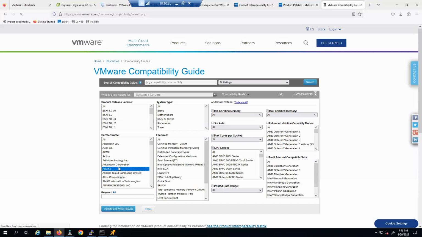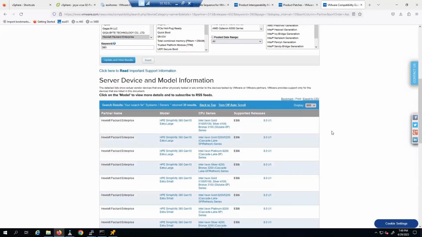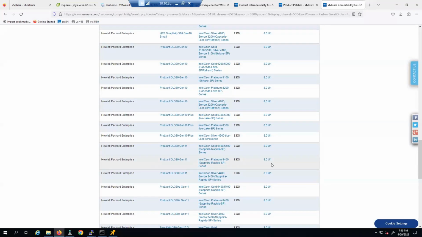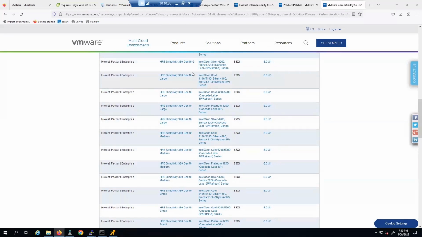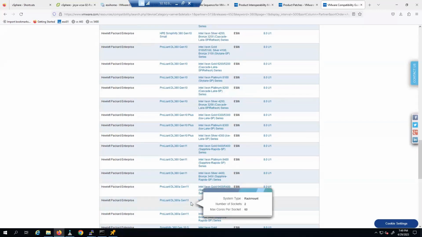And here, for example, if you have an HP server, you want to install 8.0 Update 1 and your server model is 380. Here it shows you basically all the ESXi hardware from HP, the DL380 models, and whether they support 8.0 Update 1 or not. Here you do not see Generation 9. You only see Generation 10, you see Generation 11 over here, but you do not see Generation 9. So that means if you have any Generation